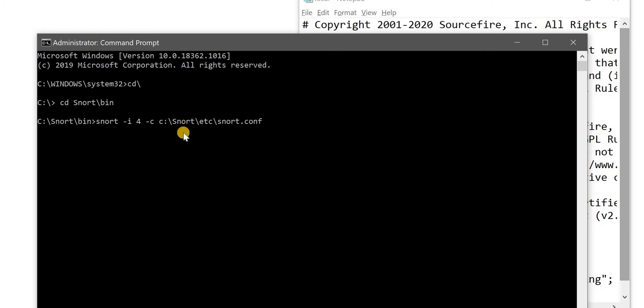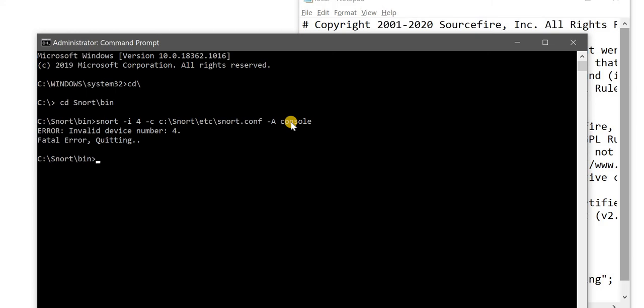Then you have to mention -A console, that is you want to display the output on the console. So all the statistics done by the Snort IDS are displayed on the console. So let us start the execution.